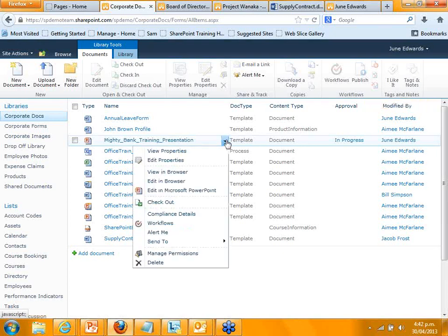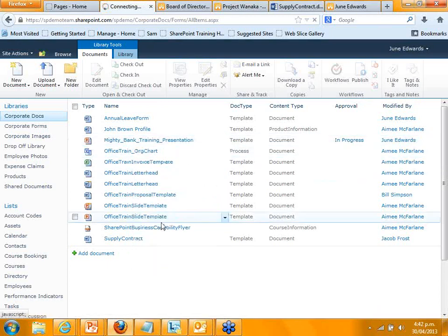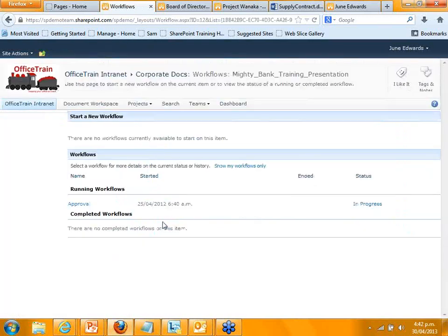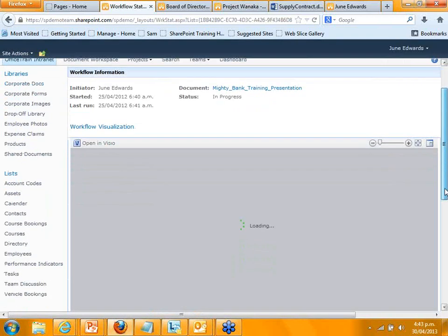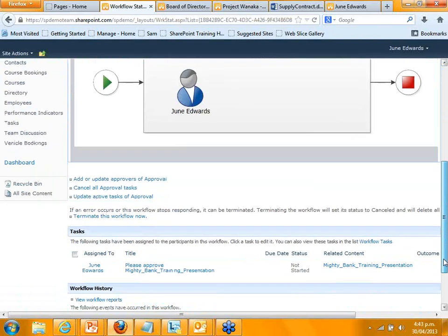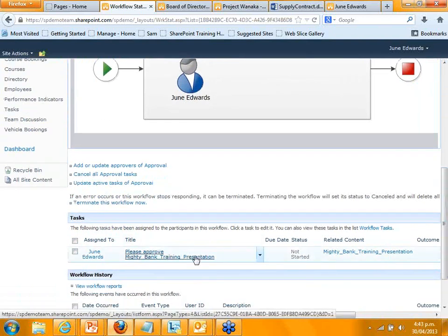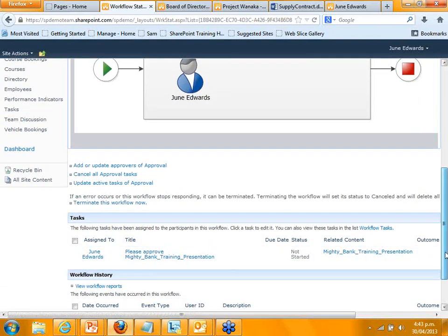I can also set some approval things up, so you can see this one here says in progress, so there's different workflows that can be set up to approve a particular document, and it'll tell me who's been asked to approve it, at what stage it is, and you can see here the one that's running is the approval one, and that it's been sent to certain people, and it tells me where it's at, who got assigned it, and I can go ahead and set all sorts of things there.